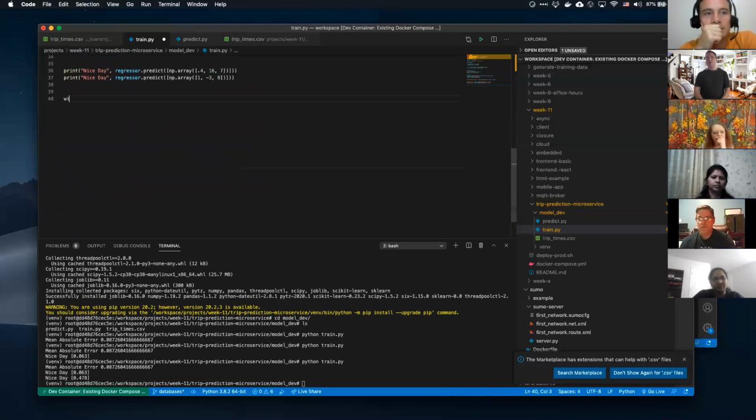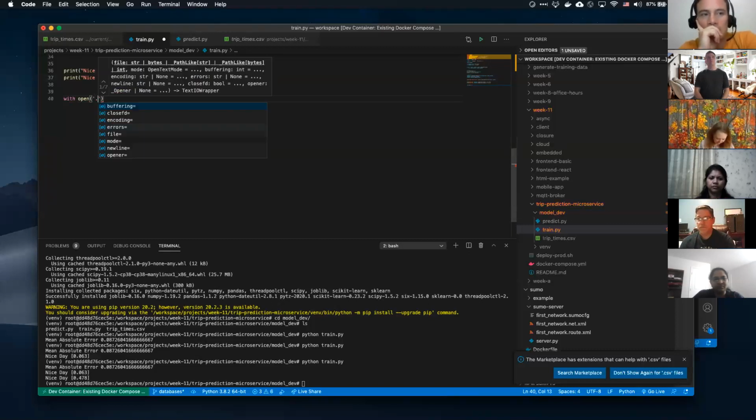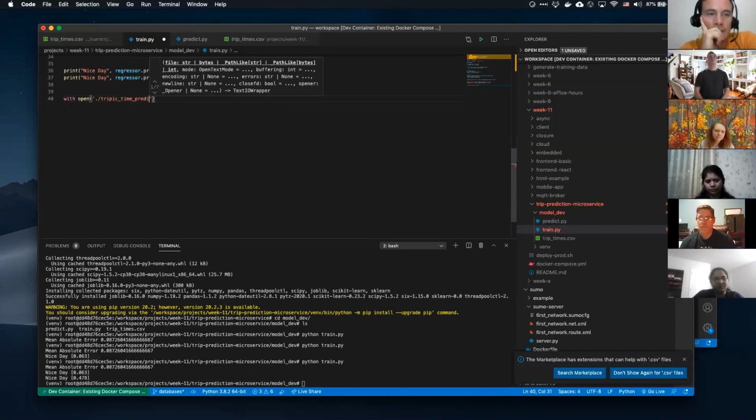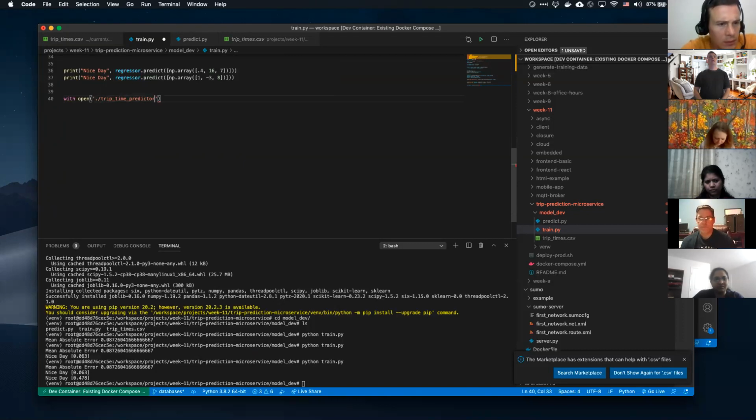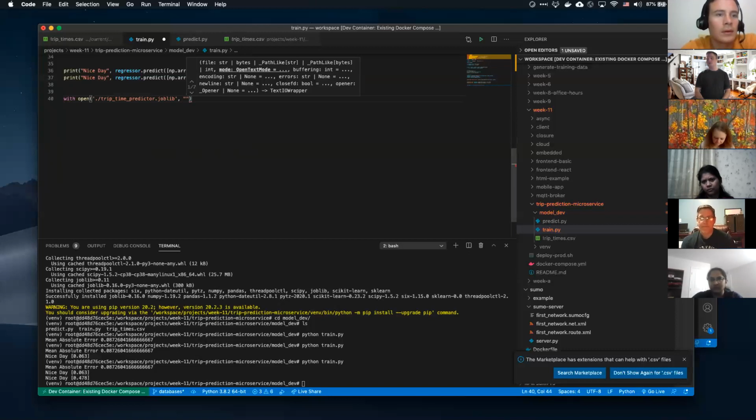So let's do that. So we do a with open. I'm going to open a file. I'm going to call this trip time predictor, and I'll just call this, I'll do a random .joblib. It's just a random file extension on the end.